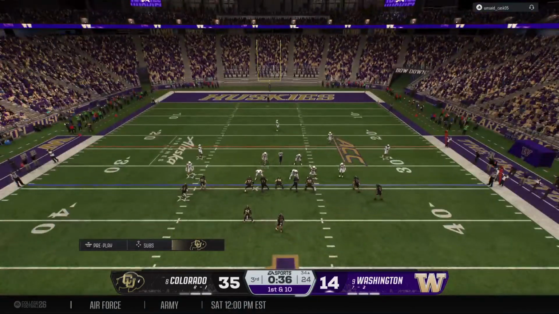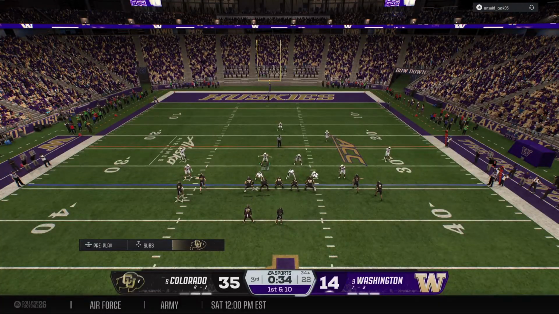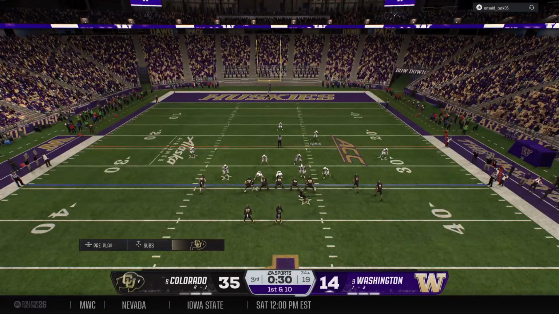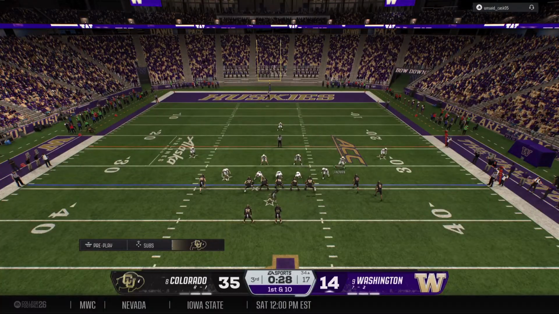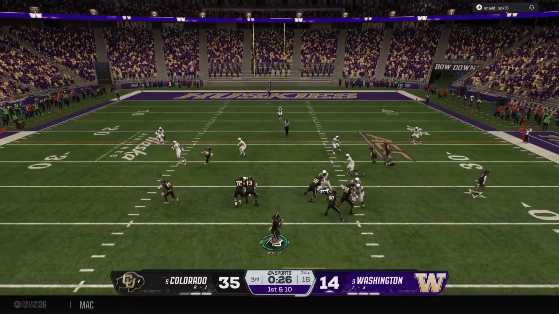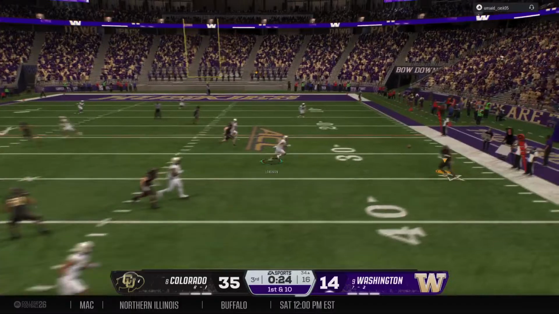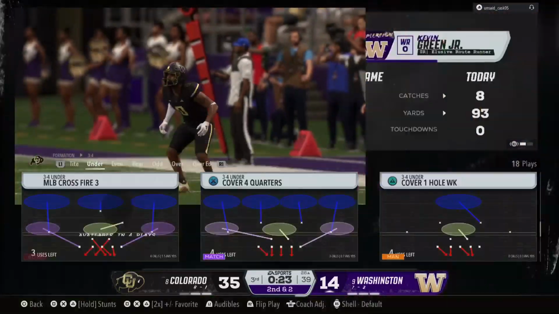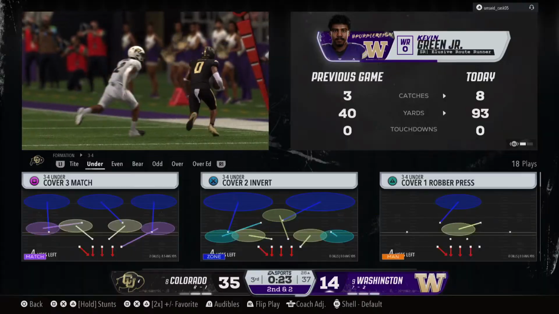Washington has a lot of things working, set up with another first down. Motion from the wide receiver. Looking for a man. It's McMillan. Finds his man. It's Green. He's run out of bounds, but not before he gets it to the 26.